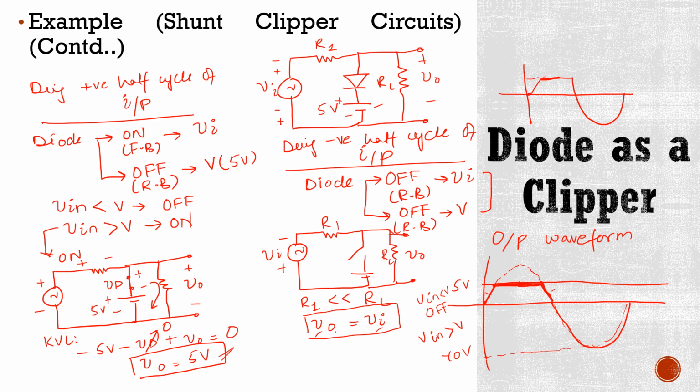This is 5 volts and this is minus 10 volts. Now as we can see, this circuit is clipping the positive half cycle of the input signal. So it is an example of a shunt positive clipper